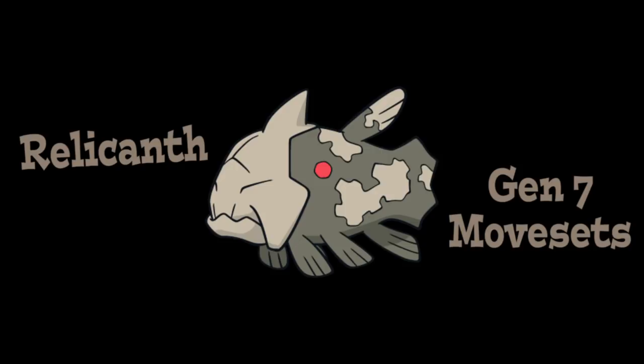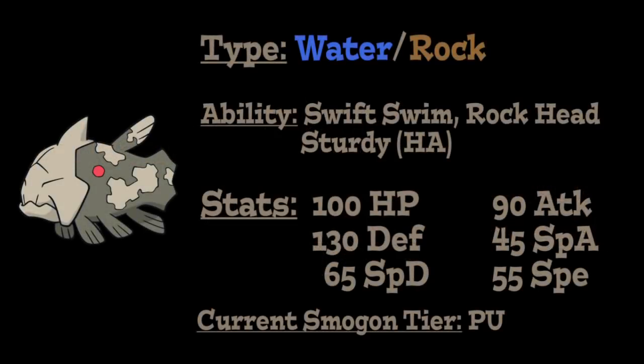Today's video is going to be all about Relicanth, so let's get started by taking a look at this Pokemon's typing, abilities, and stats. So to start things off, Relicanth is a Water-Rock type Pokemon introduced in Generation 3